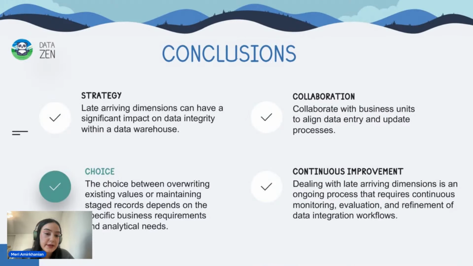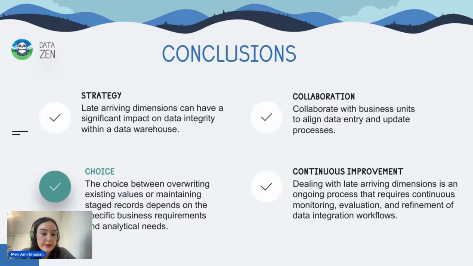So that was it for the technical part. In conclusion, I can say that you need to have in place the strategy for late arriving dimensions to have the data integrity in place within your data warehouse or data lake, and you also need to collaborate with business units to align the data entry and update, which will on its own minimize the cases of delayed dimensions. And also in collaboration with those business units, you should choose the correct strategy that fits the nature